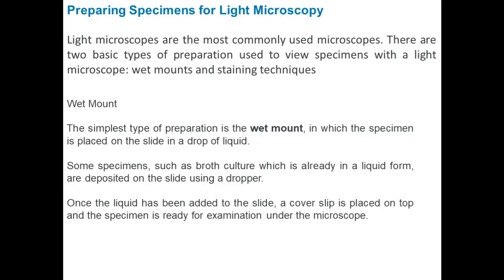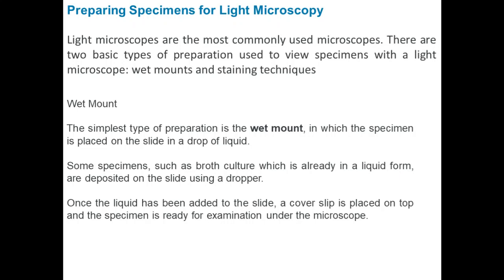Wet mount technique is a technique where the bacteria or microorganisms are directly observed under a microscope in live conditions. It is the simplest type of preparation in which the specimen is placed on the slide in a drop of liquid. So what we can do here is take a broth culture of the bacteria, which is present in liquid form, add it onto a slide with the help of a dropper, and then cover it with a cover slip. So this drop of culture is placed between the microscopic slide and the cover slip and it is then visualized